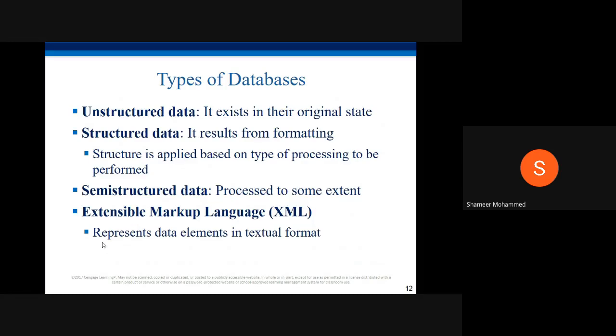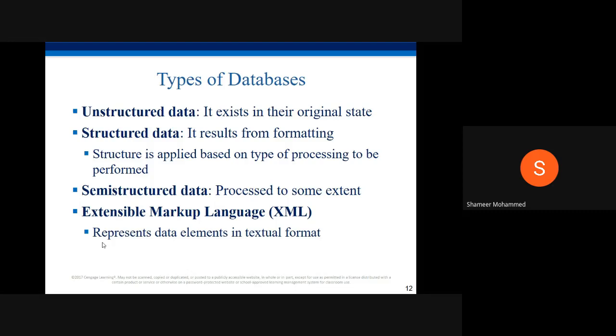Lastly, these are also types of databases you have. Unstructured data, that means the data which does not have any specific state. The next type is structured data, the data which is arranged, organized, or formatted in a proper way. The third one is semi-structured data.